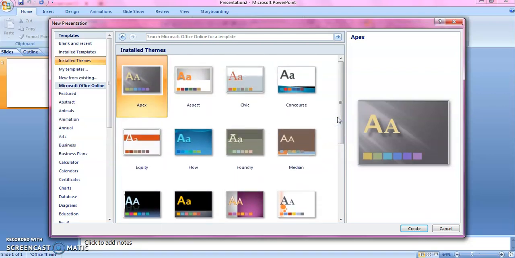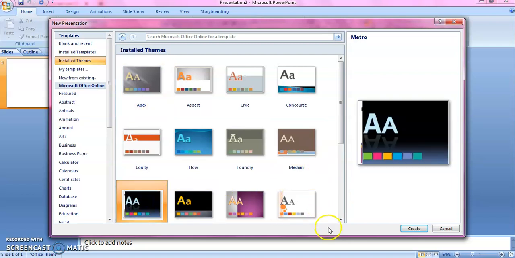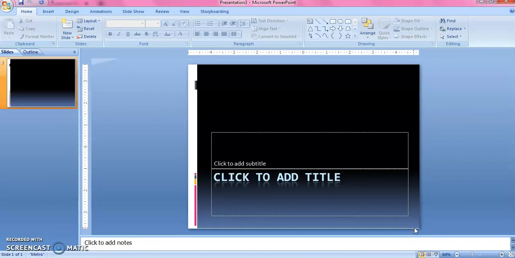The themes contain, as you can see, the background color, the font color, the font design, etc. Means the different designs you want to apply on your slide all appear in the theme. You can see the background colors of different themes are different. The font color, even the font style, all are different. So let's first choose one theme from here. Any theme. You can choose your own theme. I am choosing this one and I click on the create button.